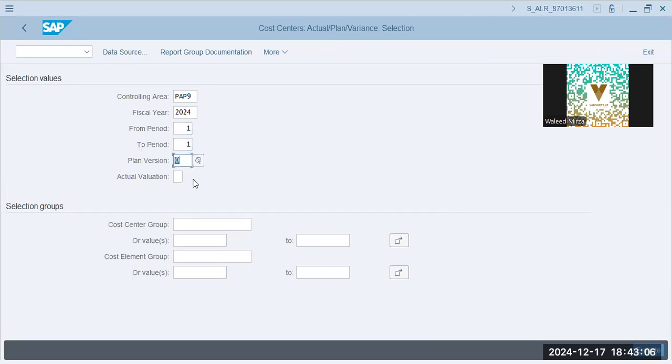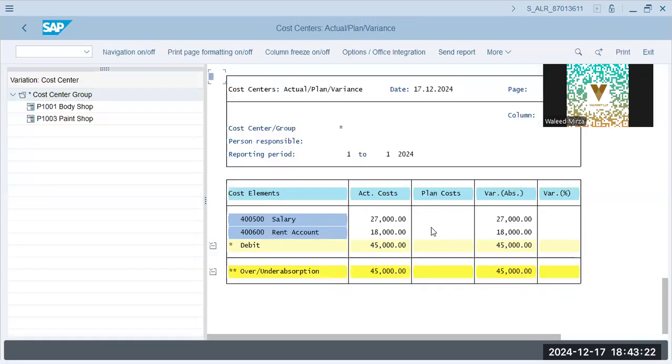From period 1 to 1, okay, plan is 0. PAP9 is the controlling area. Will not take the cost center or values. Will just execute it. Okay, now over here we have values already we entered, and the actual costs for salaries and rents expenses have been reflected in the cost center. If you want to see on an individual level, we'll see the breakup on individual level. Okay. That being said,